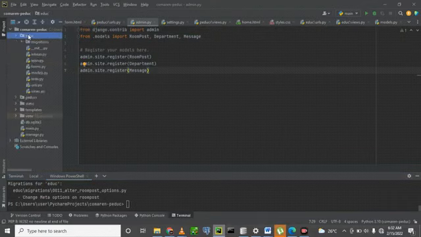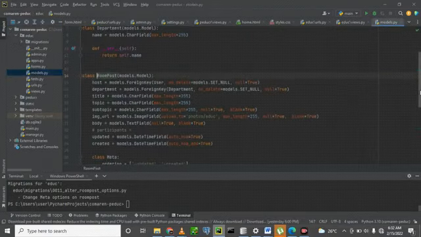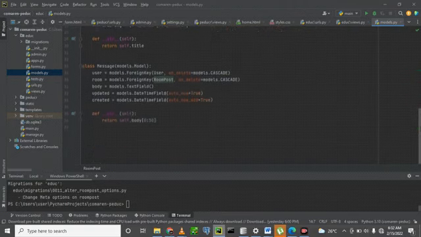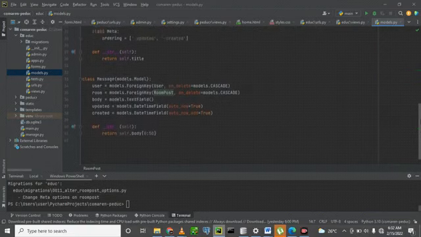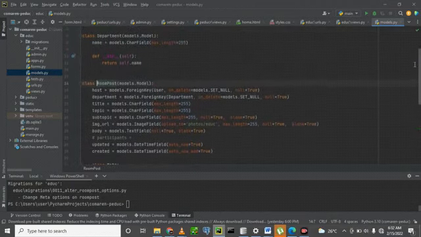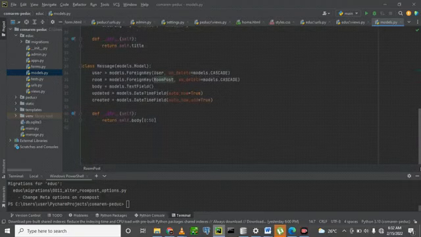It is within the models, and it is within the RoomPost, and the Meta. All right, I can say change it, and then I say change the Meta. So I say okay. After I've made the migration, then I migrate it to the database by saying